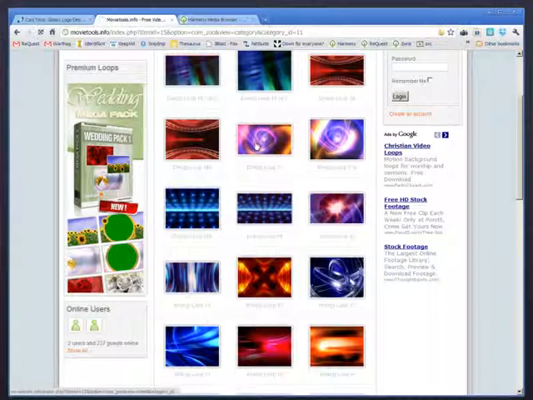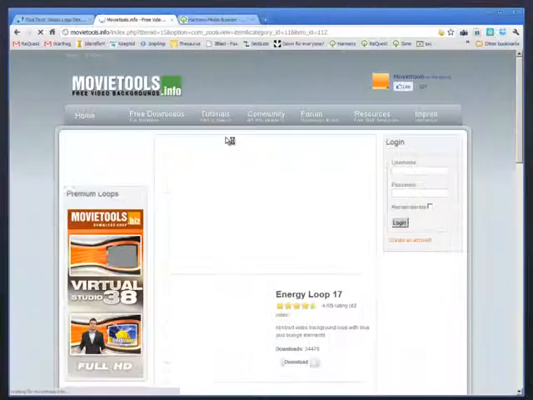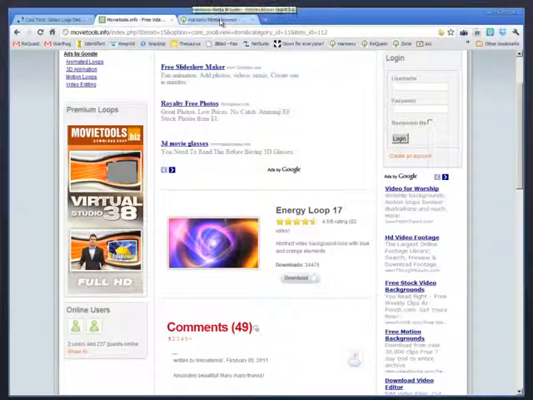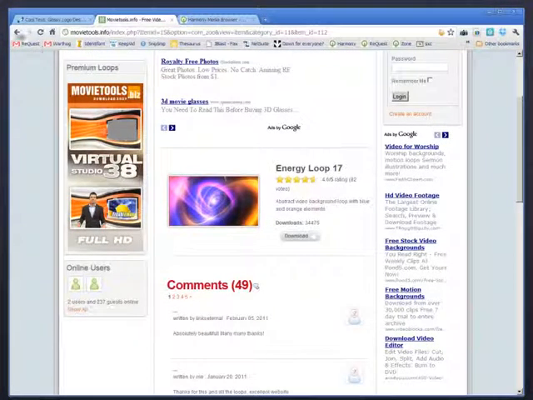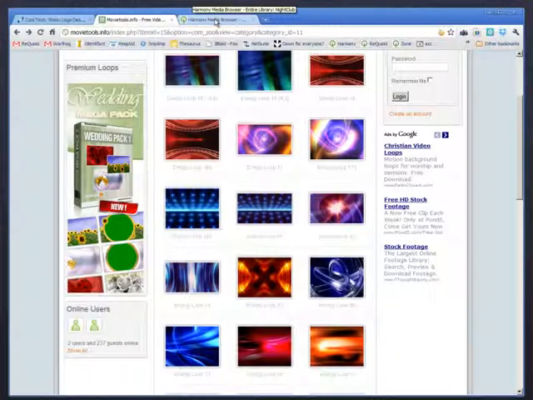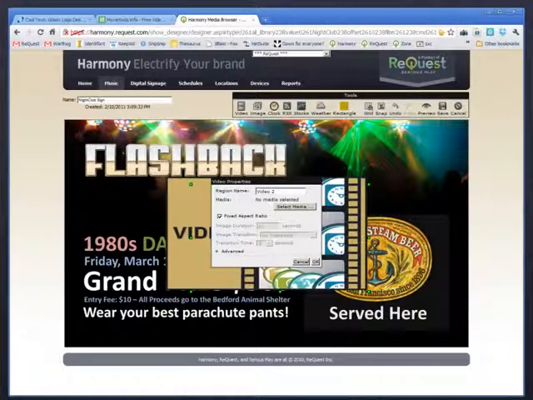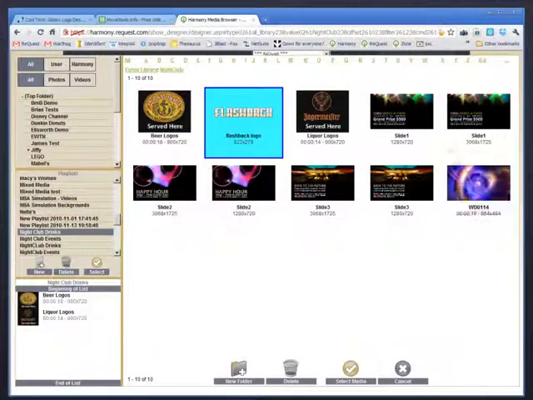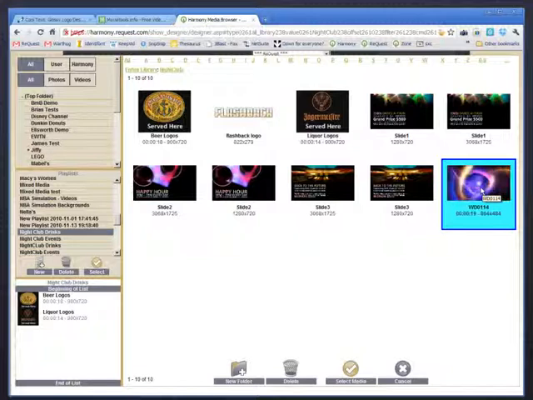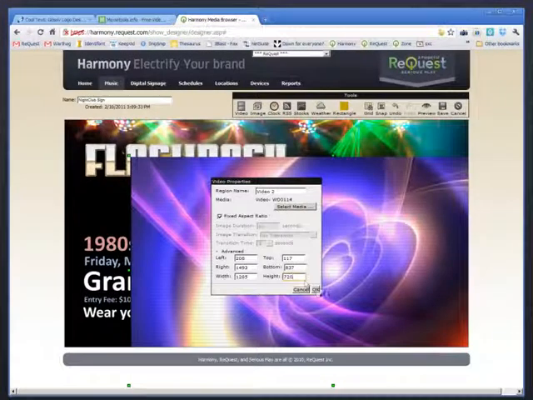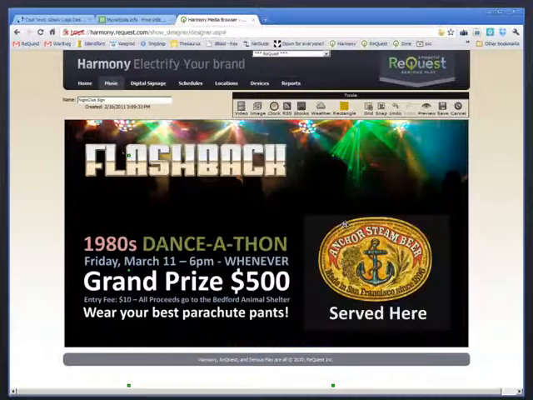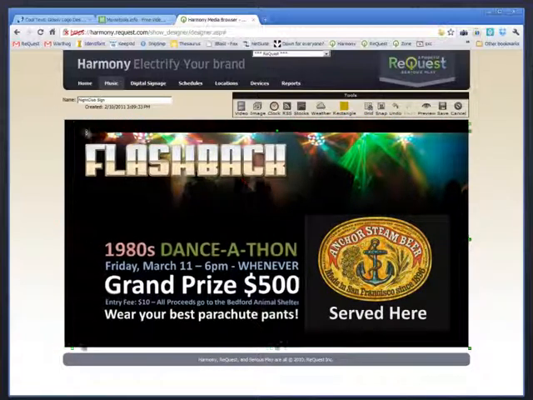So when selecting one of these, you probably want to keep in mind that the Harmony player is sort of a widescreen format, so maybe grab the wide ones rather than the 4x6 looking ones there. So then I click on Video, I click Select Media, and as I hover over my video, you can see that I get a little 3-frame animated preview. That helps you keep track of which things are graphics and which ones are videos. So I select it, and now it's on top of everything, and it's huge. So I click Send to Back. I resize all my other graphics to sit on top of it. And now you can see that I have sort of